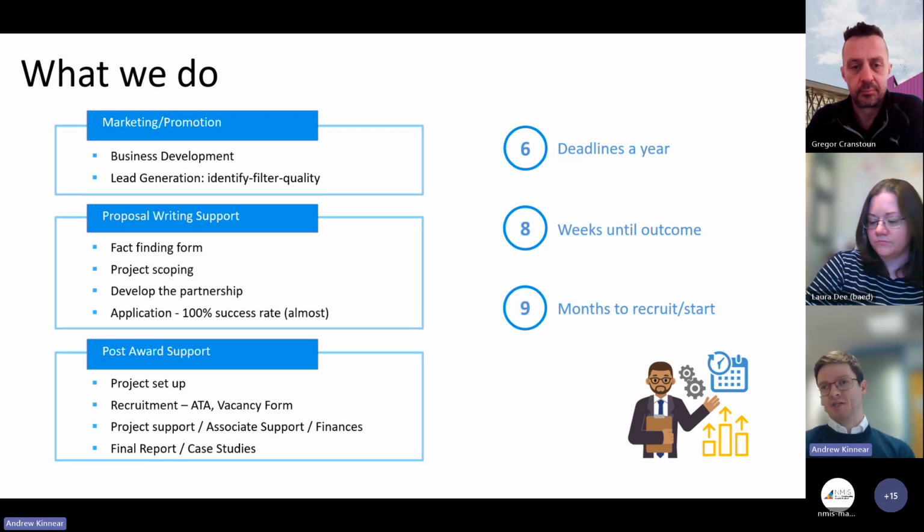Once the advisor is happy with that, we then go to a project scoping meeting, which would involve everyone in the project. And again, that's another meeting to really make sure that we're all reading off the same page, to make sure that the funders are happy, that everyone else is happy with the project that's going to be moving forward. Once we've had that meeting, it's really about developing the partnership. And part of that is the application writing process. And as with any government funding, there is a bit of work required up front, but